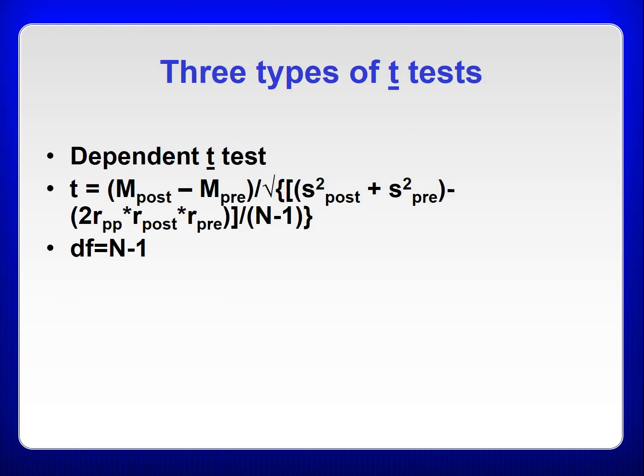Next is called a dependent t-test, which is used when the two groups of scores are related in some manner. Usually the relationship takes one of two forms. 1. Two groups of participants are matched on one or more characteristics and thus are no longer independent. 2. One group of participants is tested twice on the same variable, and the experimenter is interested in the change